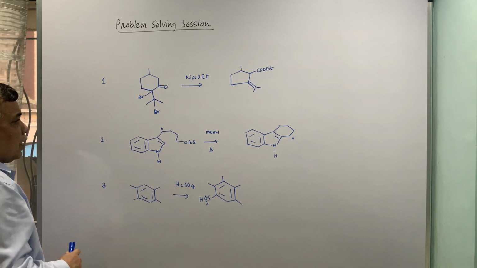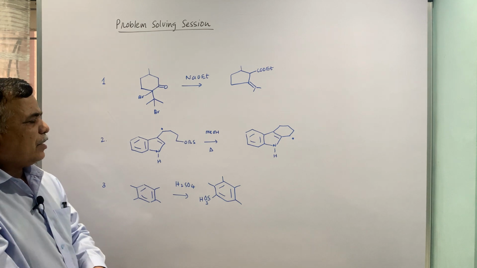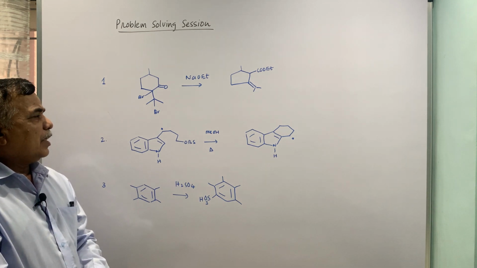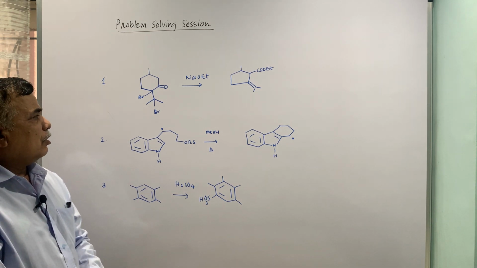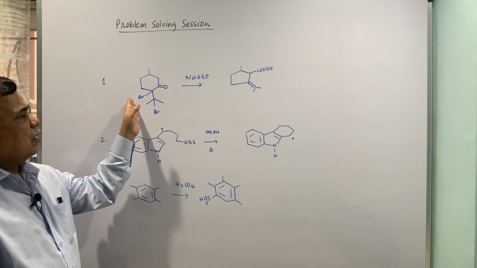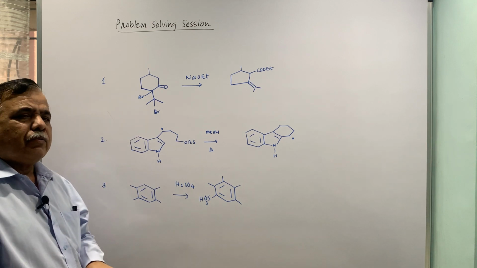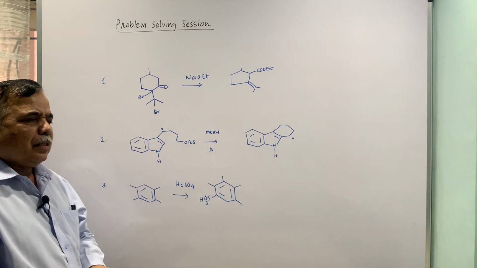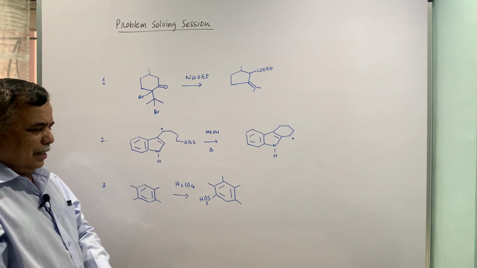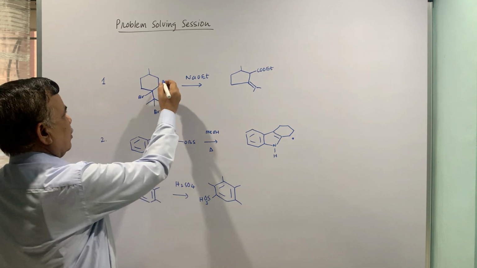So, the first example, first of all you have to identify the reaction. Once you identify the reaction, then drawing or writing the mechanism is not at all a problem. So, this is alpha haloketone treated with base. You have to remember that this is going to be a Favorsky rearrangement, and Favorsky rearrangement, as we have said, it involves